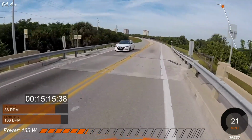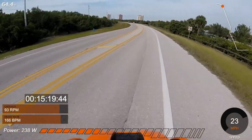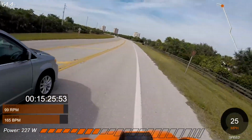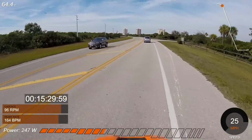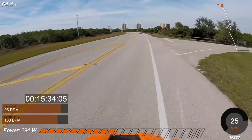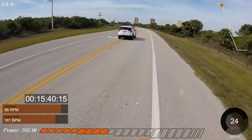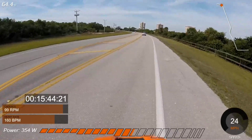So yeah, I didn't want to get caught in that construction. So I end up turning around with like 2 minutes left, which was the worst decision ever. And also at the worst point, you can see in like a minute and a half here where I turn around. But when you're going full gas, your decision making kind of goes down a little bit, and that's kind of what I'm trying to be better at